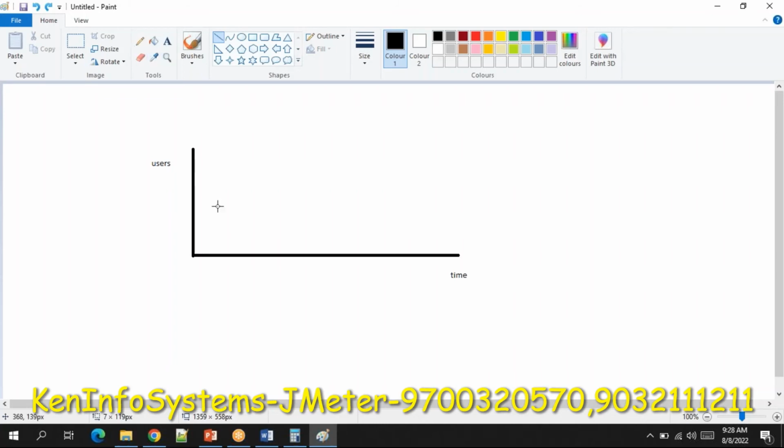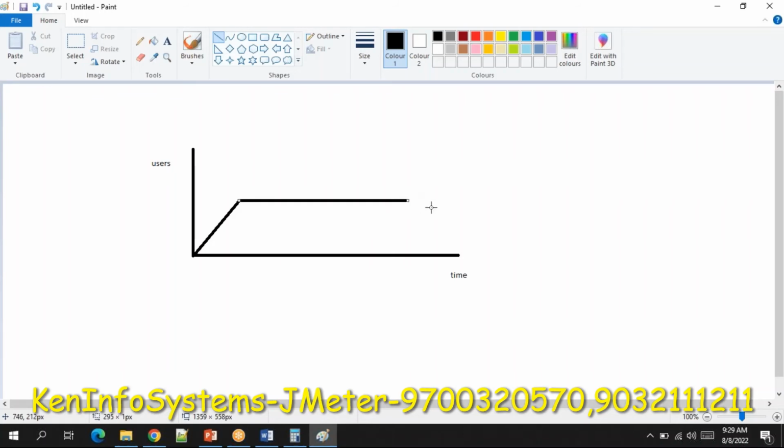let's say we need to test the application with 1,000 users, right? Slowly we will increase the load. Every 1 second, one user will log into the application. It will take some 10 to 15 minutes for all users to log into the application. Then we'll go with the steady state like this. This is for 1 hour, and later,